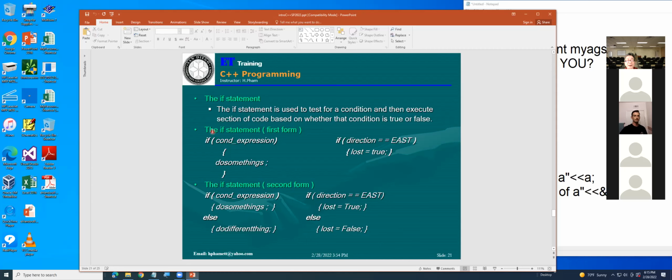This is the formula for the if statement. First formula, the if statement: if condition is present, then open and close the braces, doing something. I'll give you an example. I'm driving. I can ask someone, okay, do we go to eat?